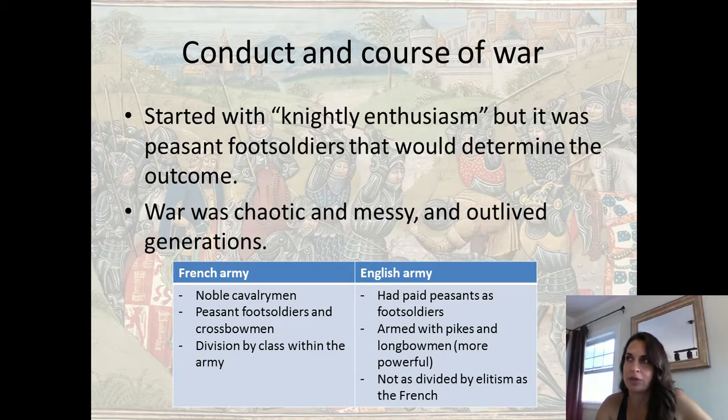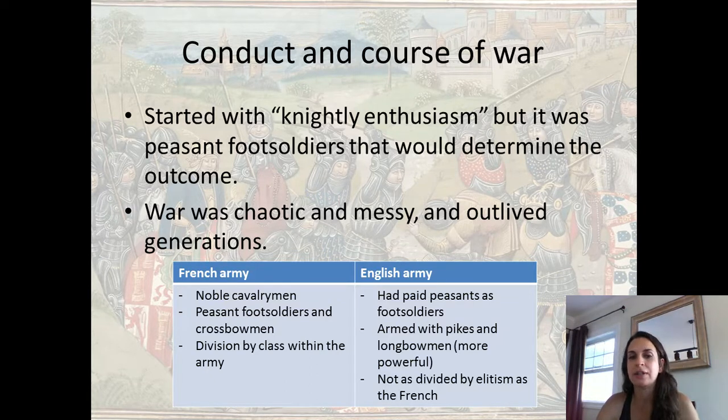The French are very much more, I guess you could say, interested in status, like social status. So in the French army, there was a lot of sort of bitterness and snobbery, for lack of a better word, because you have the noble cavalrymen who ride horses and are of noble blood, so they're wealthy and they're often the leaders, followed by the peasant foot soldiers and the crossbowmen, who were sort of looked down on. And so there's a lot of this class division within the army itself, which doesn't really make for a whole lot of teamwork and pleasantness in the army. And there wasn't a whole lot of organization or even respect within the French army. So often when the French army attacked, they didn't really have much of a plan,